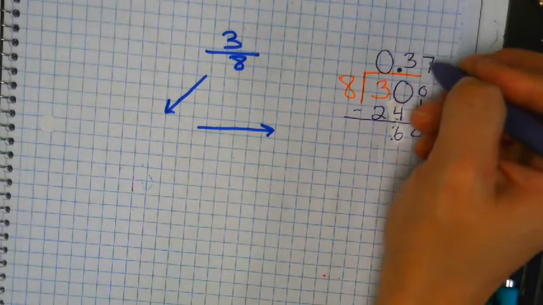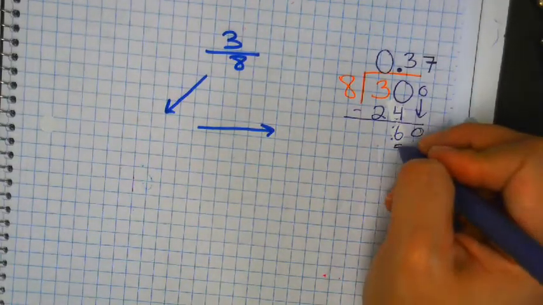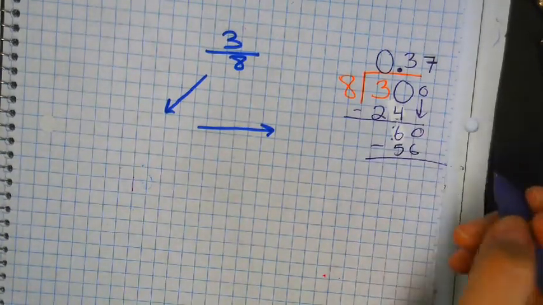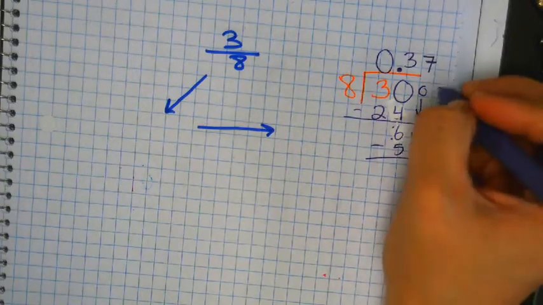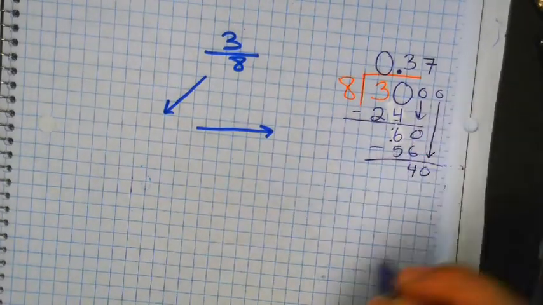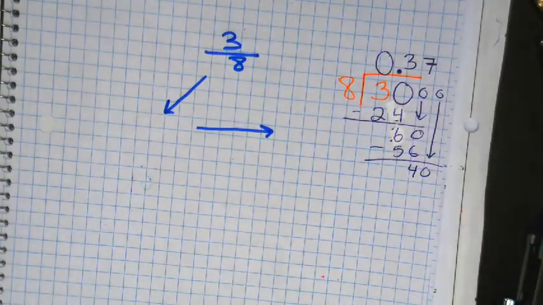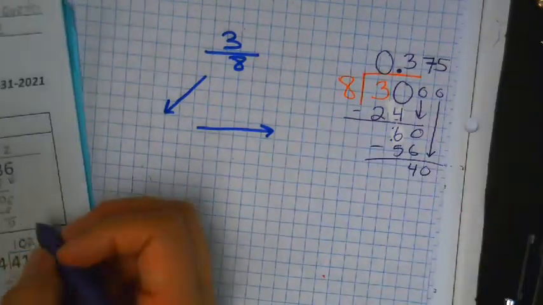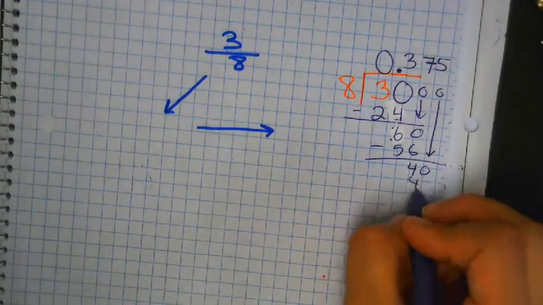7. 7 times 8? 56. Oh, we're not done. It's okay. We will be done in a second. Another 0. Yes, this is why it's called long division, because sometimes it's long. 5. Finally,